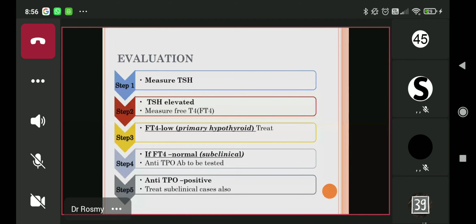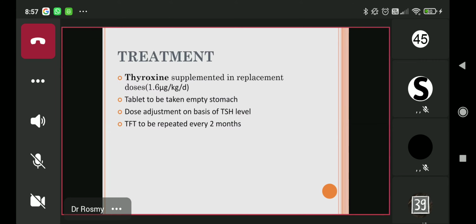And as I already mentioned in the second slide, 4% of the subclinical hypothyroid patients will develop overt hypothyroidism if they are anti-TPO positive. So somebody who is subclinical hypothyroid without any symptom but anti-TPO positive, you will treat. If the patient asks, "Ab maine thyroid ki report karayi hai, aap ilaaj karoge?" you will tell, "I will send another investigation. If this investigation also comes out to be positive, then I am going to treat you." Okay. So what is the treatment you are going to provide?